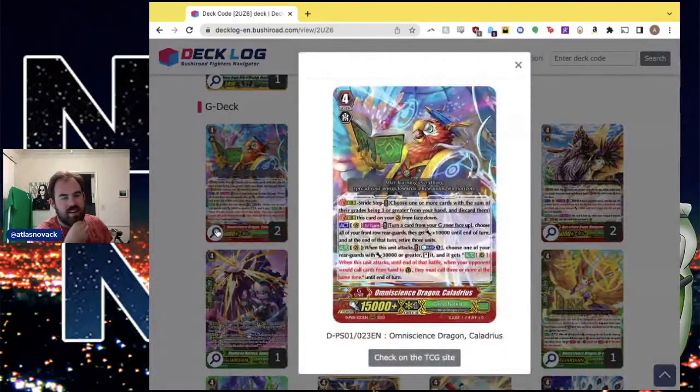2 copies of the new one. This is a Caladrius, and allows you to flip. Front row gets 10k, rear guards only this time. And then when it attacks, you counterblast, stand something with 30k or greater, so this is usually the thing on the Excel circle. And it gets red text when it attacks. Your opponent has to guard triple door, so 3 or more cards at the same time. This is a great way to close out games if you started off on the right foot,